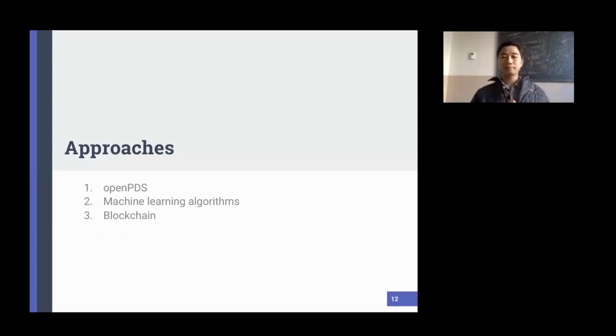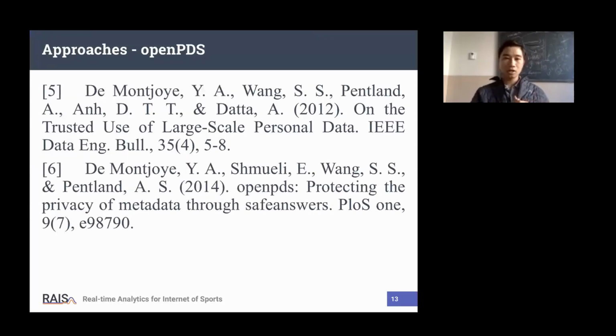Okay, the second part, approach. In the previous section, I presented the definition of personal data, the PDS, and the characteristics of the PDS also. I will continue with the three main approaches currently used to fulfill all requirements of the PDS for the user and the service provider. So in this section, I just focus on the general idea of how